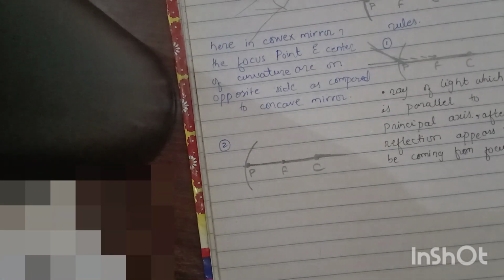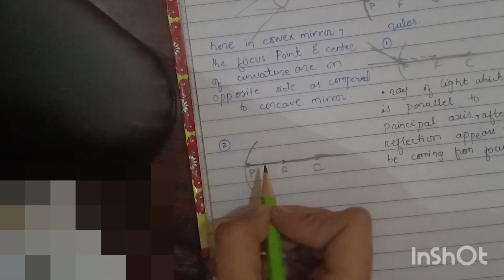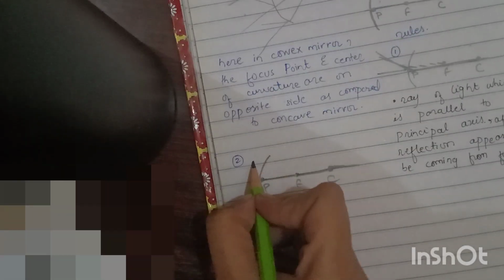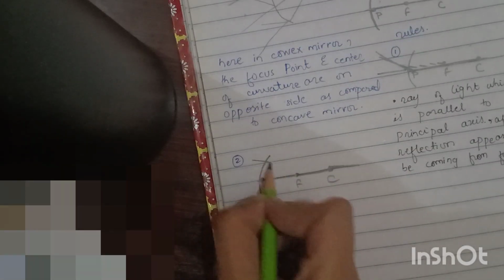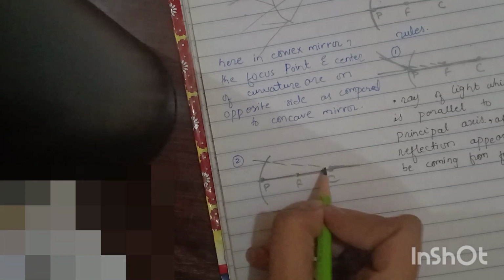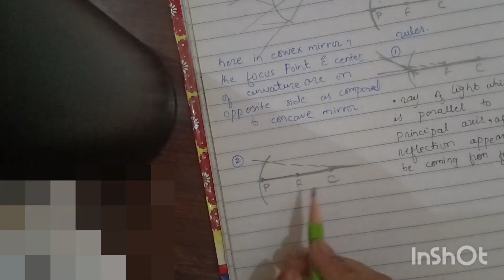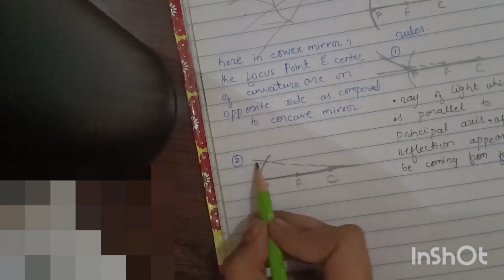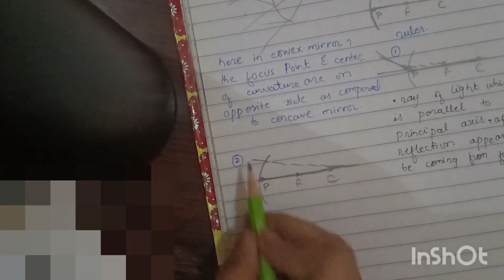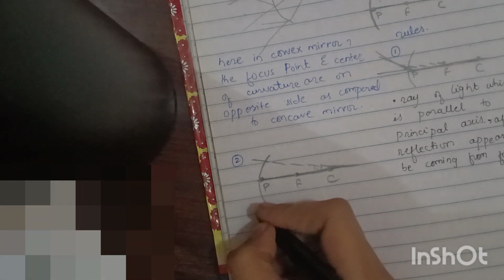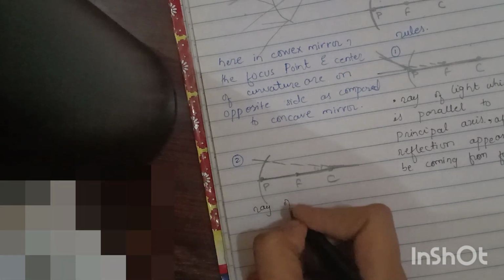So the second rule says the ray of light that is going toward the center of curvature, let me draw first, here the line that is going to the center of curvature, is reflected along the same path. Like here if it's going, here it will come back, just because here we have the 90-degree angle and it is perpendicular to this, so it will reflect back at the same angle. Writing down the definition, the ray of light